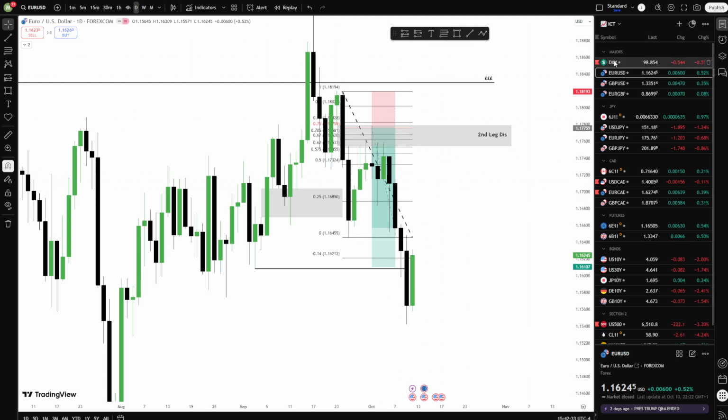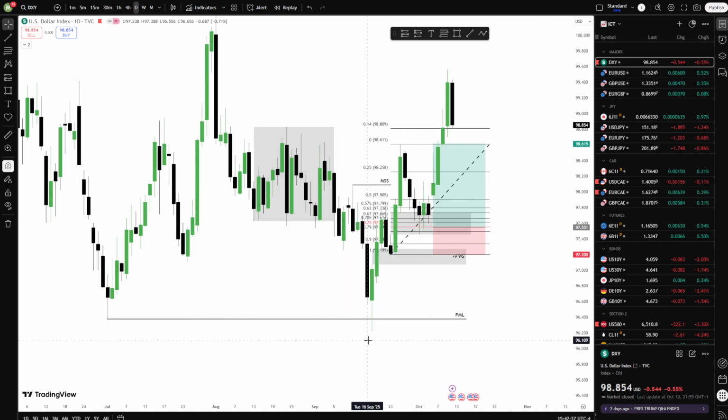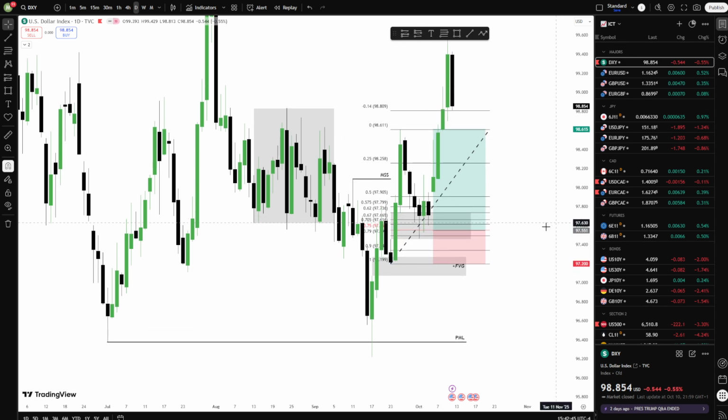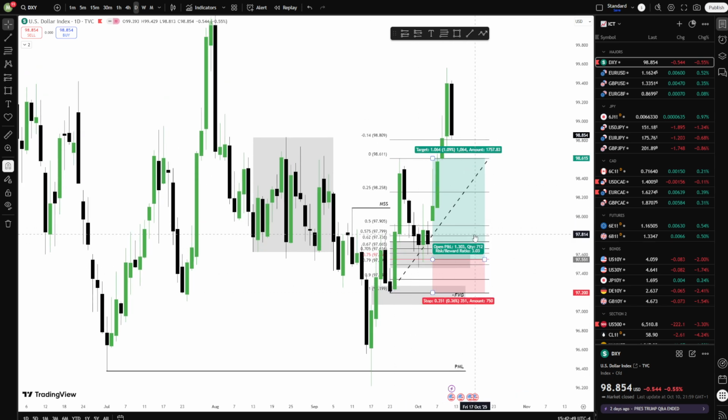So pretty much it's an ICT 2022 model on a swing trade. We've had a run on sell side liquidity, displacement. We've left a fair value gap. I've let that go, and then I've hit the silver bullet, which is actually just the second leg of distribution within this area. It's really, really nice, this model, because once you have had all of this,